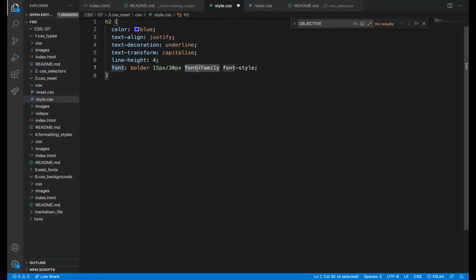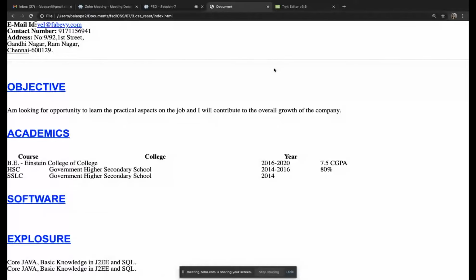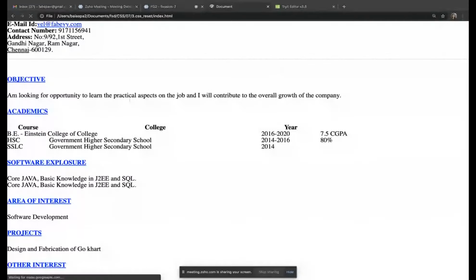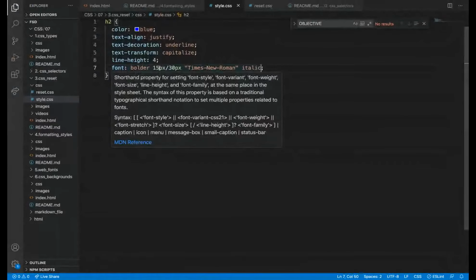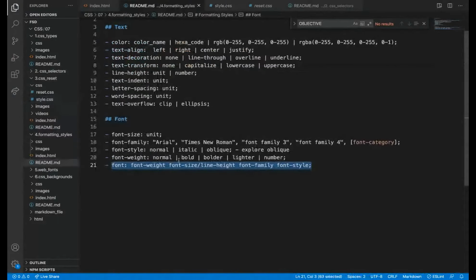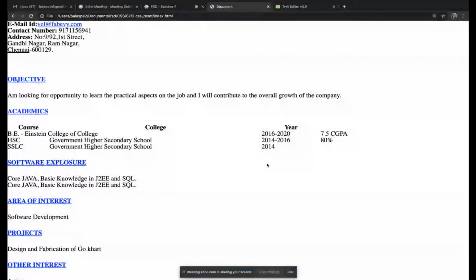Font family Times New Roman, I hope it was like that. I'm not sure. Italic. So this is the shortcut. Instead of writing everything, we can write it like this. Yeah, that's it about formatting styles.